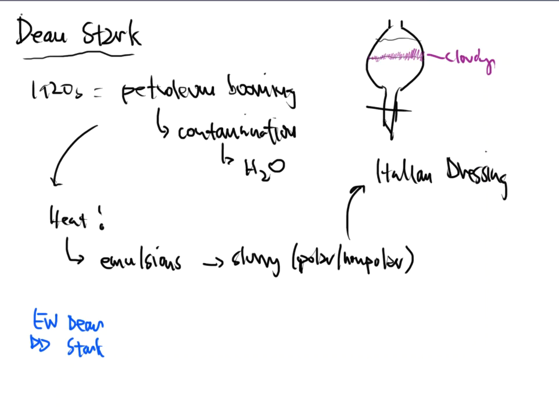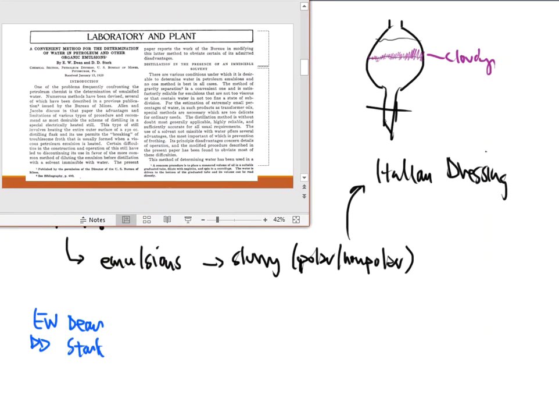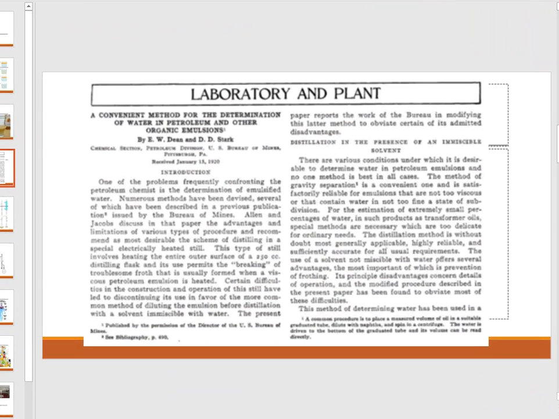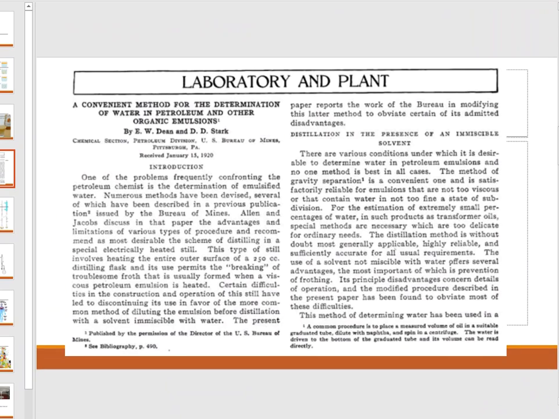Whoever makes it to the publishing route first wins the prize, right? So Dean and Stark came together to publish this paper. Okay, so what did the paper say? Well, let's take a look at it. I've got a picture of it right here. So I'm going to enlarge this up, and I'll show you basically this article that was written back in the